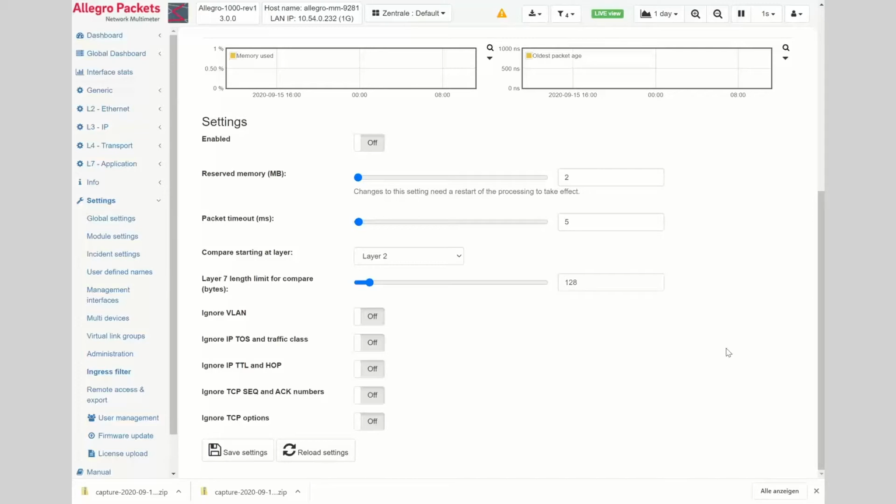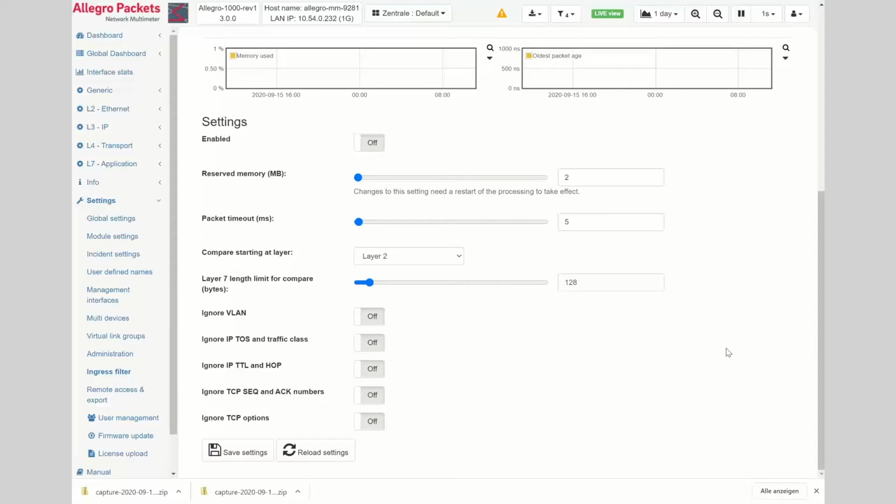So the packet deduplication is easy to use and easy to work. If you have requests for extensions, or if you have a specific setup where you need more features, please let us know. By the way, the best way to inform us about new features is, of course, your partner, our sales. But there's another way which is also very helpful.